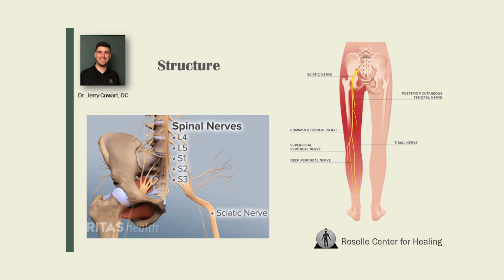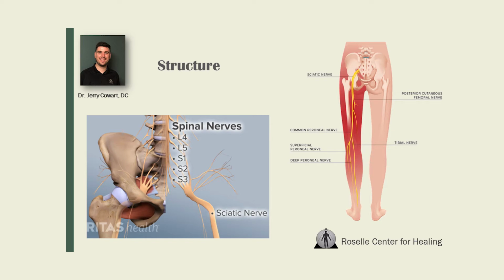So we'll start here with the picture on the left. Your sciatic nerve, as you can see towards the bottom, is a giant nerve. It's about the size of one of those old school thick yellow highlighters. And the reason why it's so thick is because it actually is two smaller nerves coming together into one giant nerve bundle that will later on branch. And so those two nerves that come together to make the sciatic nerve all originate from that low back, that lumbar spine, and that sacral area, the sacrum being that small triangular bone at the base of your spine.